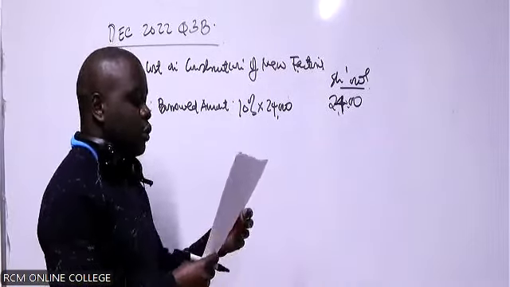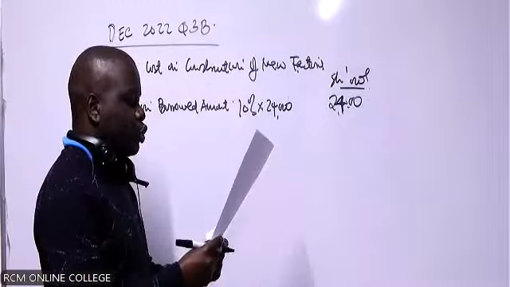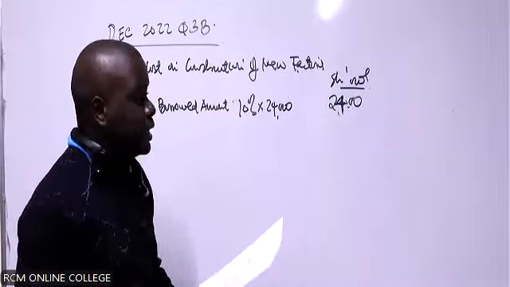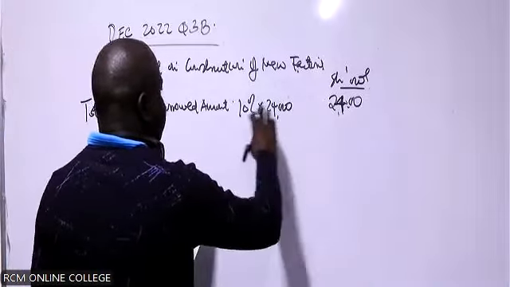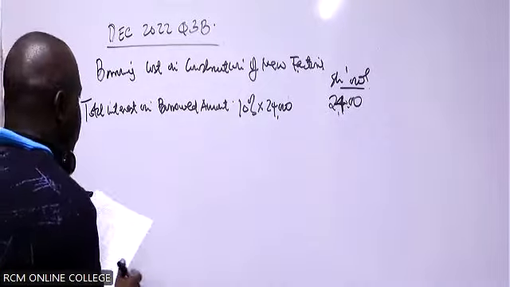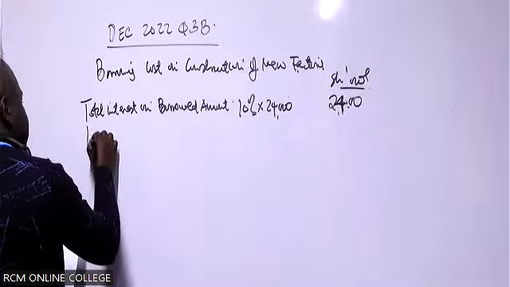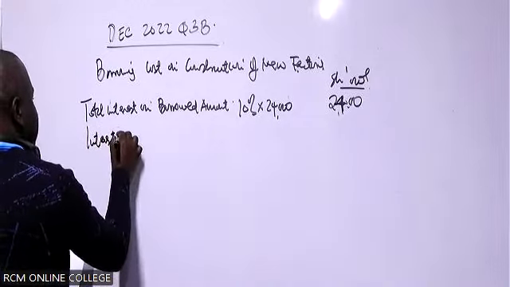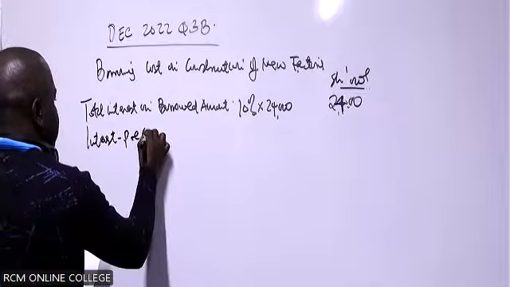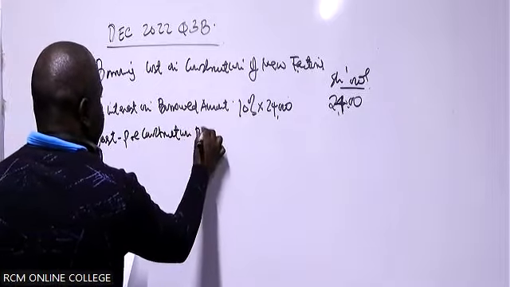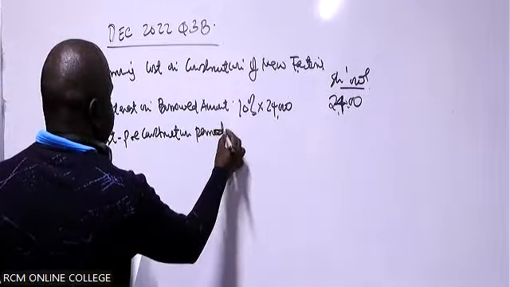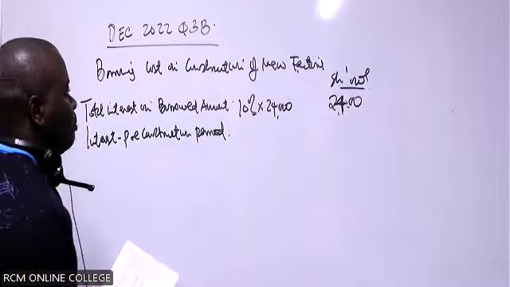It was 2 months, because you can see you are being told the project commenced on when? On 1st of March. So we have to eliminate that interest, because this one is for the entire year. We have to eliminate that interest for what? For the pre-construction period. So interest, pre-construction period. The interest pre-construction period will likely be 10%